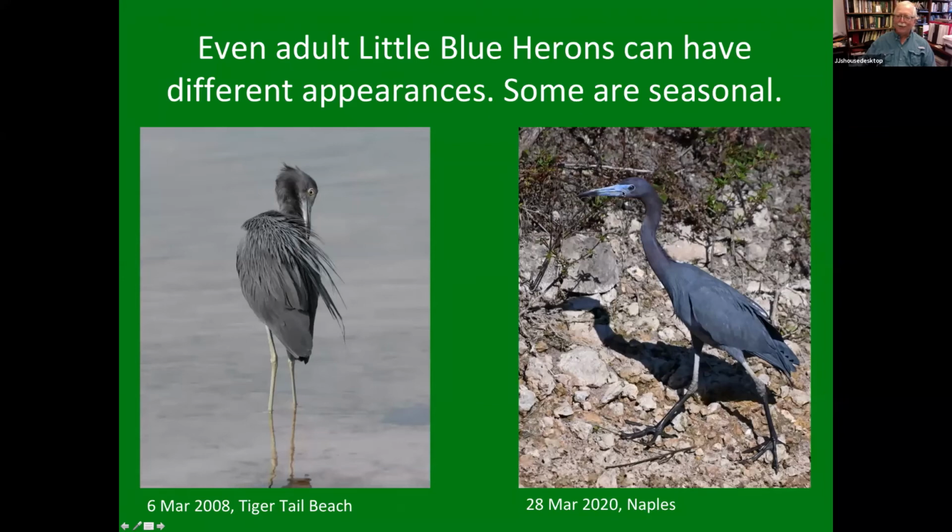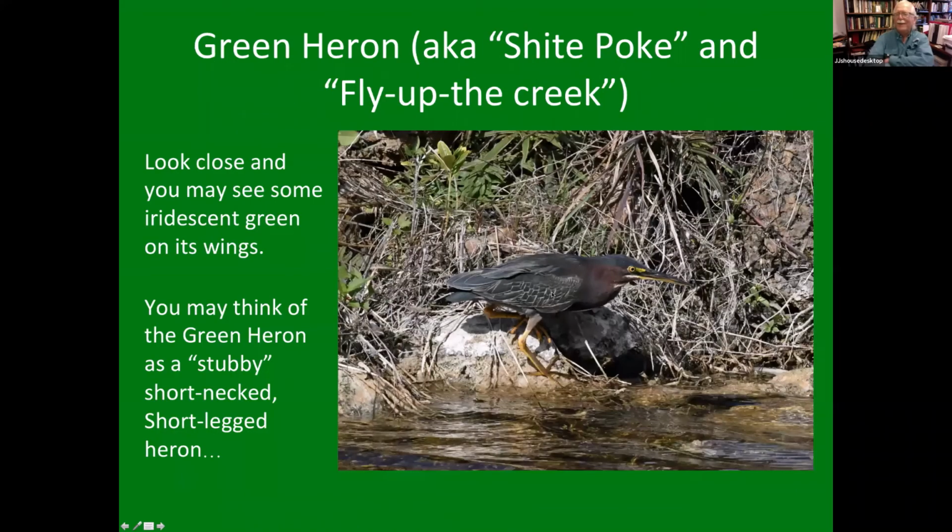And it will have this brighter blue color with a black tip during the breeding season. The green heron is also one of my favorite birds. I grew up knowing that it was called a shitepoke. And if you don't know what a shitepoke means, it's simple, because this heron has the